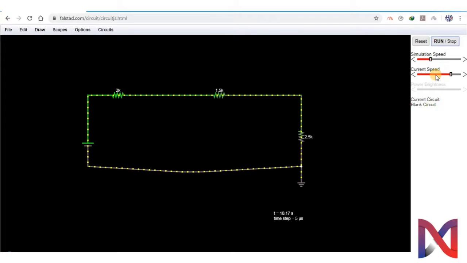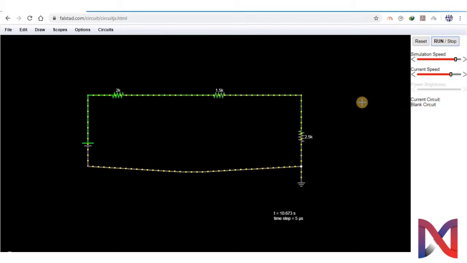Changing it will have an impact on the motion of current, the yellow dots. Change in here will have a change in the movement of current and voltage, that is simulation speed. Here you can run or stop the simulation.